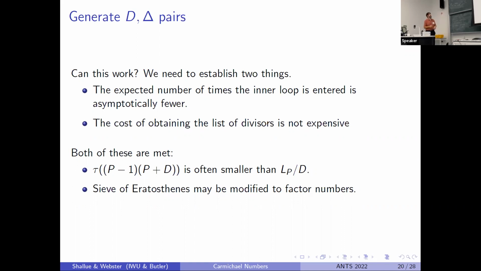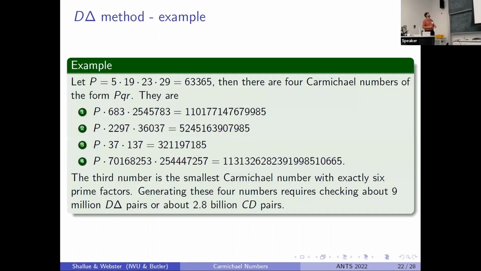And let me then jump ahead to the timings. I think it's appropriate. So this is some more analysis. One more example. We've got a pre-product, and the third number is the smallest Carmichael number with exactly 6 prime factors. Generating these 4 numbers does require checking a lot of things: about 9 million D delta pairs or about 2.8 billion CD pairs in order to track down these 4 numbers. So there, to Andrew's question from before, I bet there are still improvements that could be made,